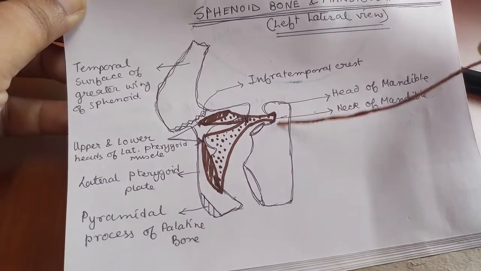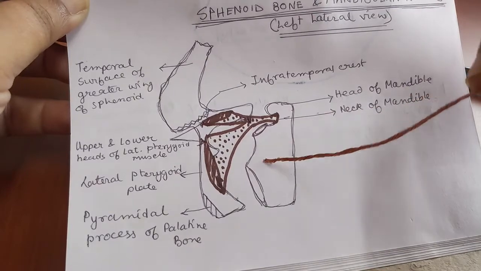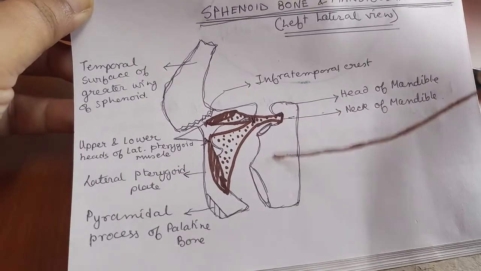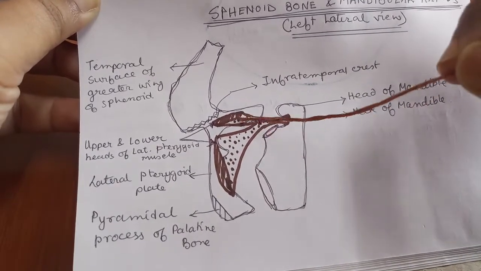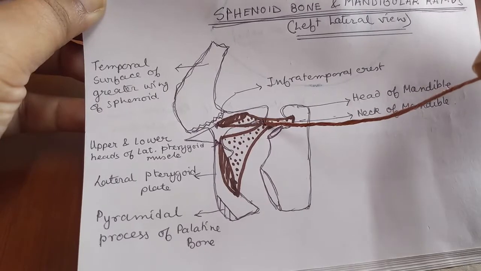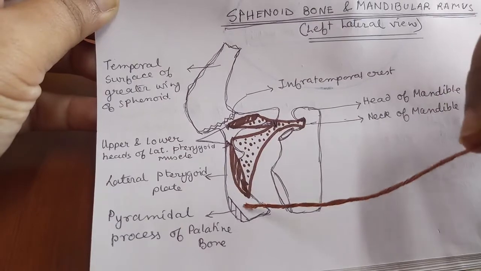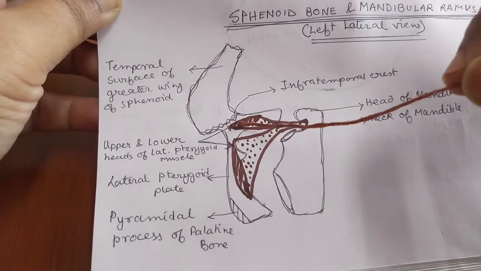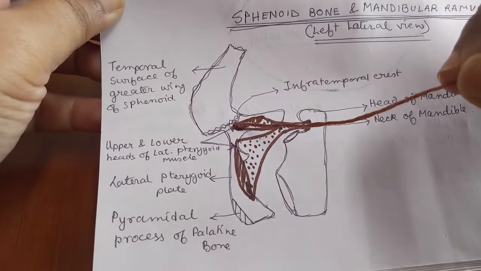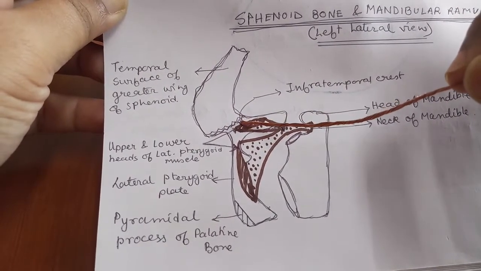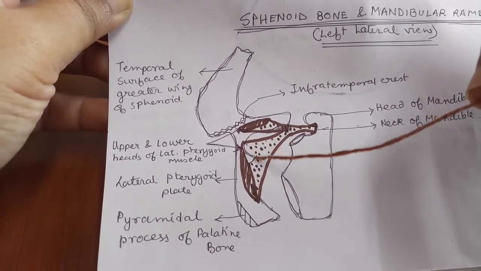This is the mandible. In the mandible we have drawn schematically the head of mandible, the neck of mandible, and the body and ramus extending downwards to the angle. Here you can see the attachments of two muscles. This is the upper head of the lateral pterygoid and this one is the lower head of the lateral pterygoid muscle. The lateral pterygoid muscle is attached along the lateral surface and just underneath the infratemporal crest in the infratemporal fossa region, the upper head, and on the lateral surface of the lateral pterygoid plate is the lower head.